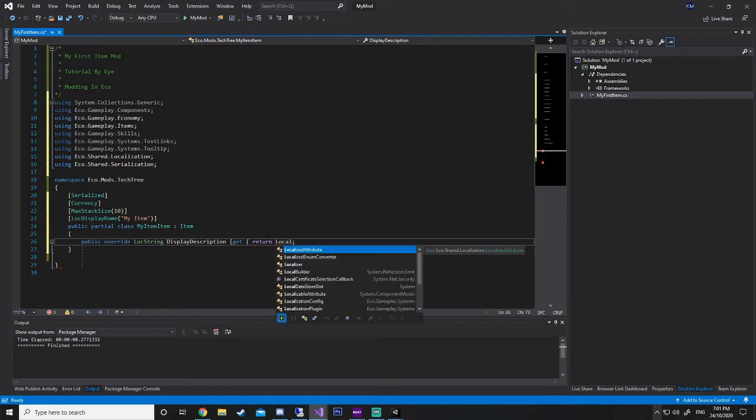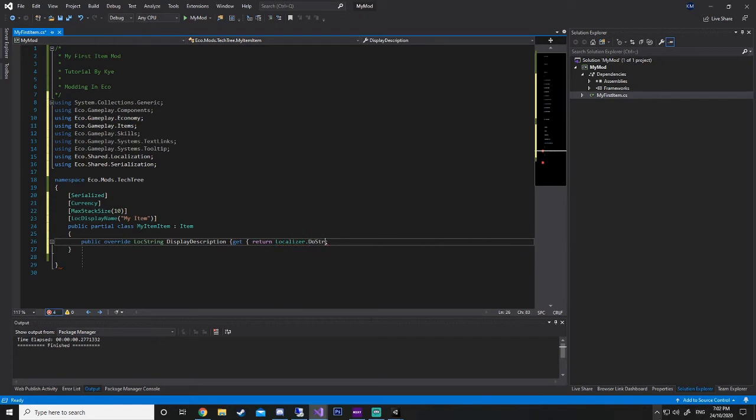And as Localizer, helps if I can spell, dot DoStr or Str, and just give it a description. And we need a semicolon there to finish off, and then we can end that there.